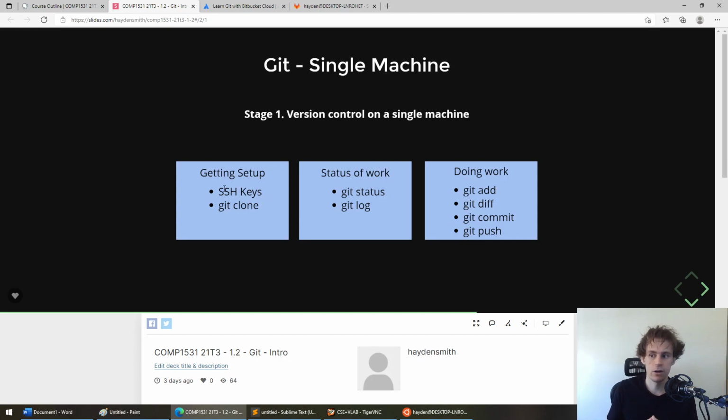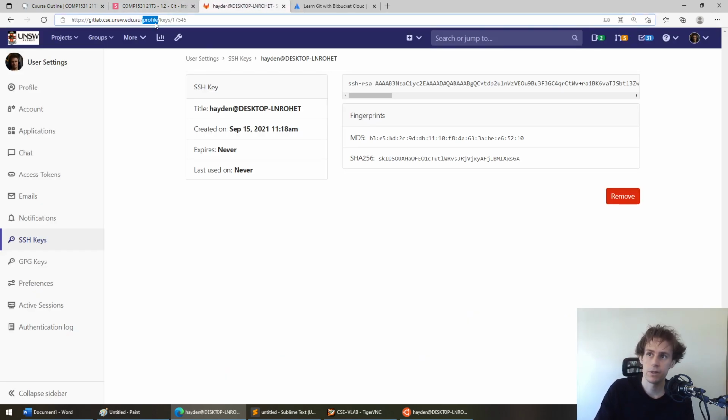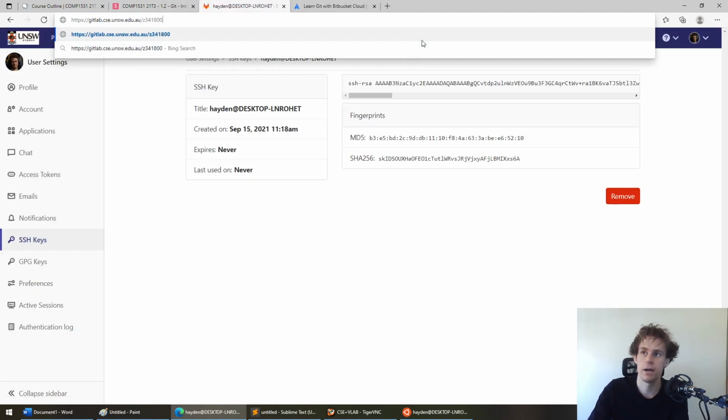The next thing we're going to do is try and clone a repository from Git to work on it locally. So I'm going to go and create my own repository